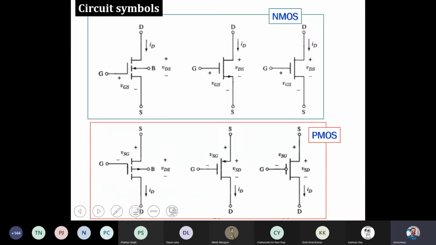So these are circuit symbols. Most of the time, this is the old one. We started with this kind because there are four terminals: body, that's substrate, gate, drain, and source. But this has been modified further, and you will see symbols like this in most textbooks. And sometimes you don't even see the arrow direction. So based on whether it's a plus, we can understand the direction of the flow of the current, and we can understand whether it is an NMOS or a PMOS, right?